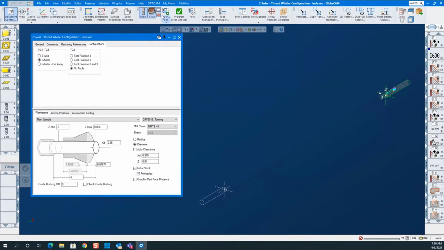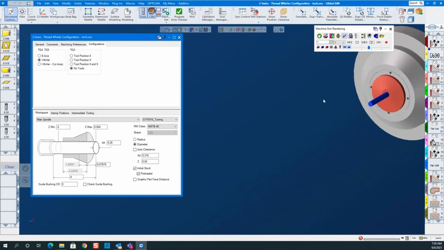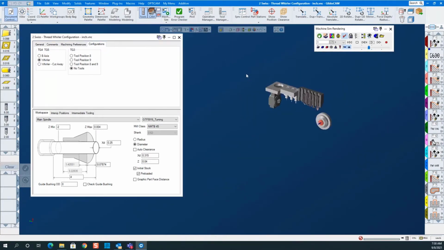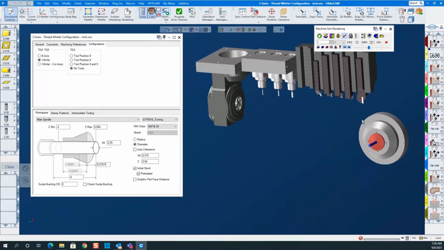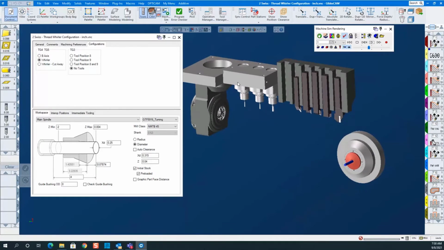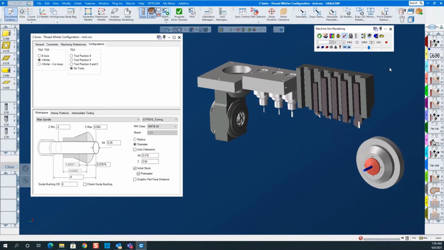If we go and switch on machine sim, we see it right away. Zoom, and here we are. As you see, there's no toolbox number 8, no toolbox number 9, but I'm using those tools, which are actually tool group number 2. Okay, so when I run it real quick,